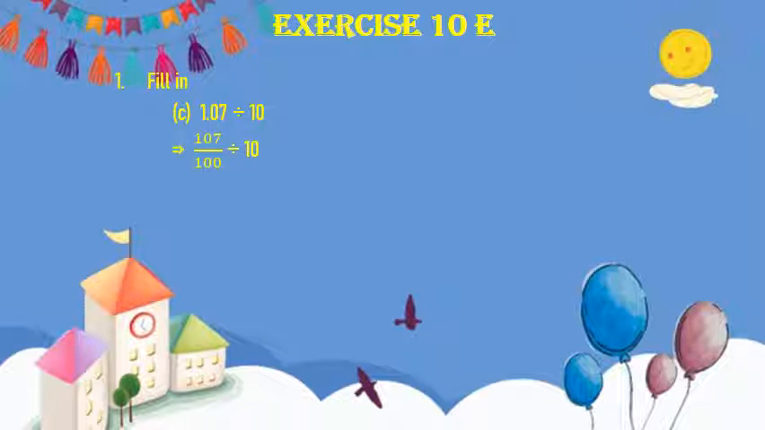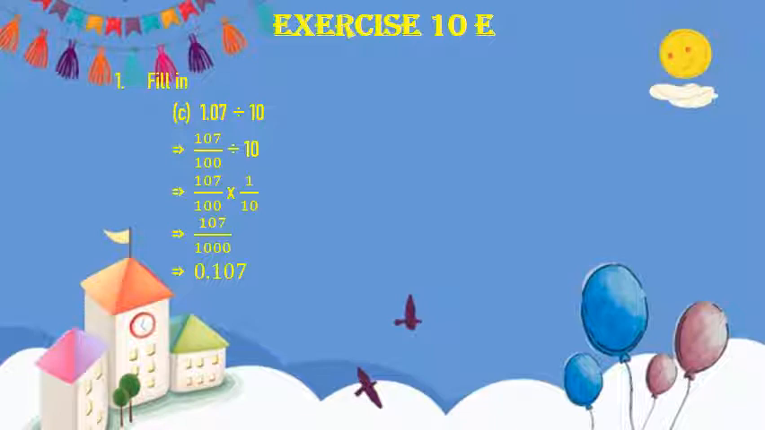1.07 can be written as 107 upon 100 divided by 10, which in turn is equal to 107 upon 100 multiplied by 1 by 10, which is equal to 107 upon 1000. And this can be written as decimal fraction as